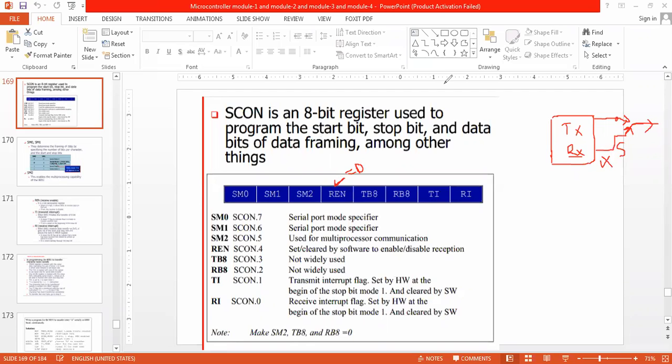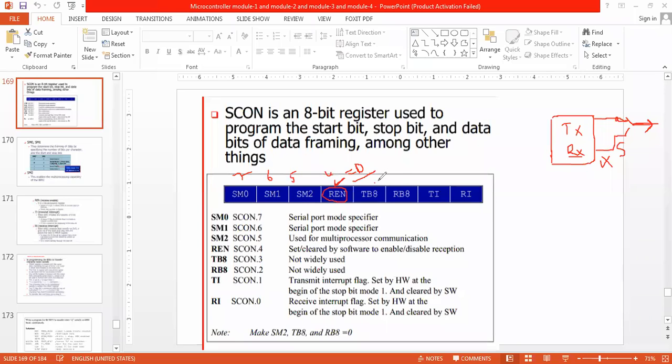It means the receiver connectivity will be disconnected, and the transmission pin will be connected to the output. So for that purpose we are using this bit, bit number 4. Sorry, this is 7, 6, 5, 4.